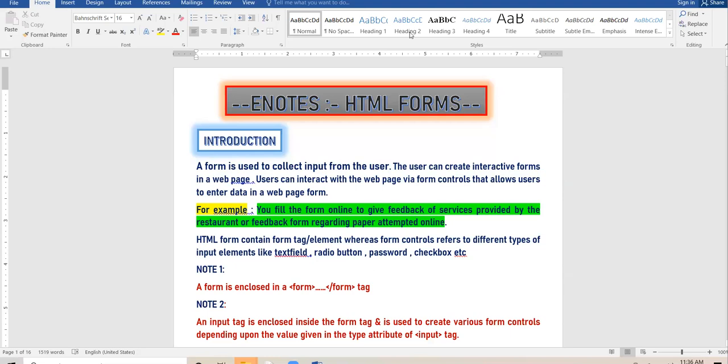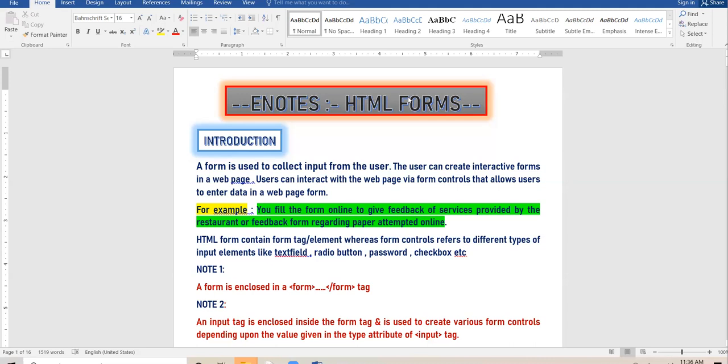Now let us talk about the form in digital way, the online form. In the online form, you have the same labels. You have a text box where you type your name, the information, address, age, father name, mother name, whatever information is required. And after filling the form, you click on the submit button.